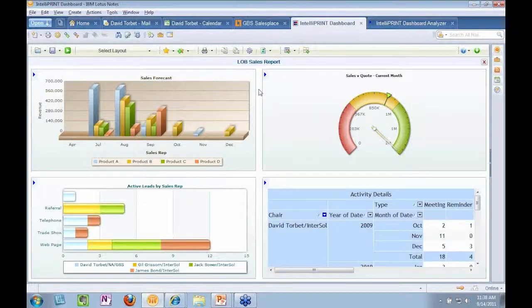So that means the executives and the line of business managers do not have to go to some separate system to get reports. And this enables us, because it's a notes-based reporting tool, to bring in information not just from the CRM, but from any notes system, and bring those to the dashboards that are available in the CRM system. And it enables us to bring in dashboards from multiple different databases into one single dashboard